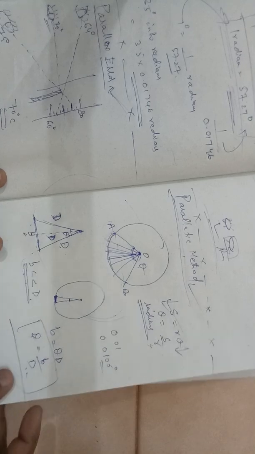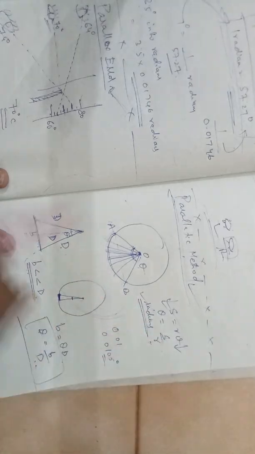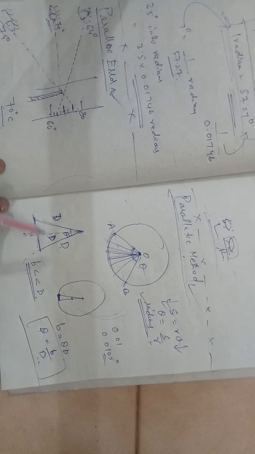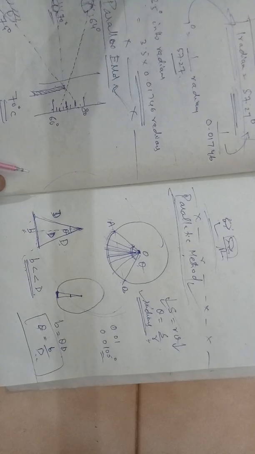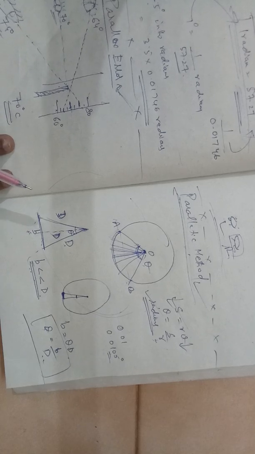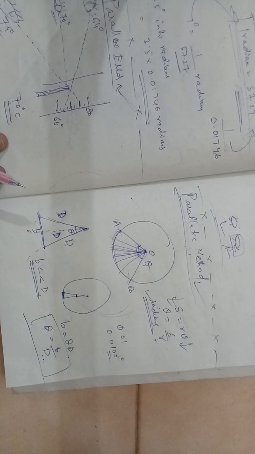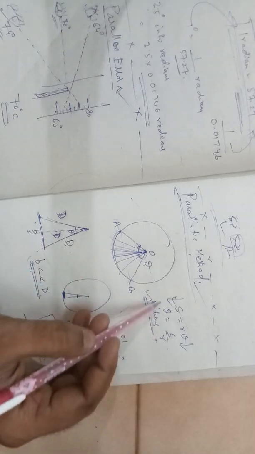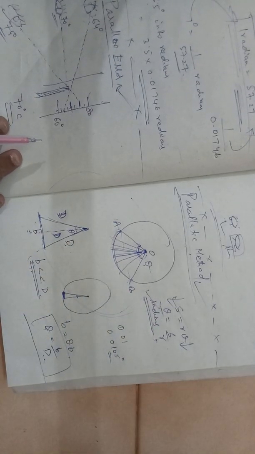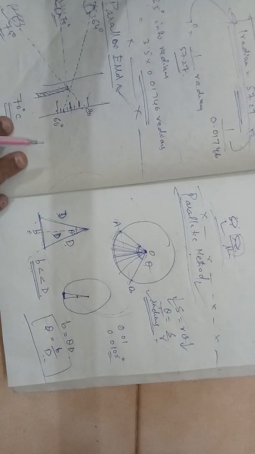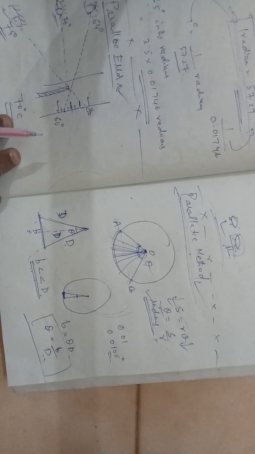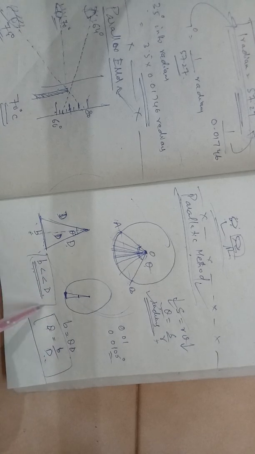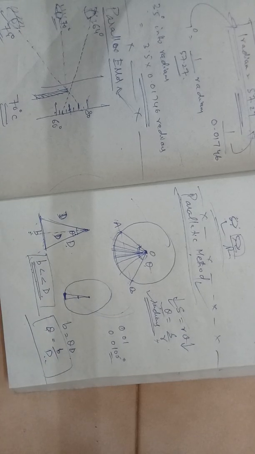Remember one thing, that theta must be in radians. How to convert radians into degrees or degrees into radians has been dealt with in the previous video. Remember that conversion factor. Conversion of angle is very important, because many times students commit a mistake in that, because of which the answers you get are wrong. And the condition here is that theta must be very small. If theta is very small, then this is automatically satisfied. This won't work for large theta angles.